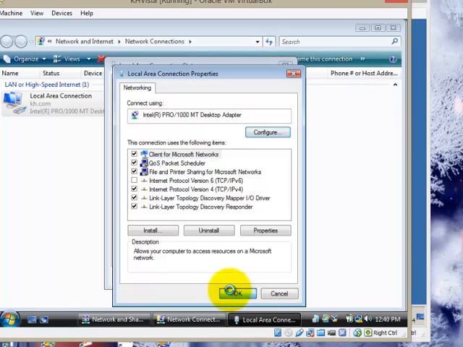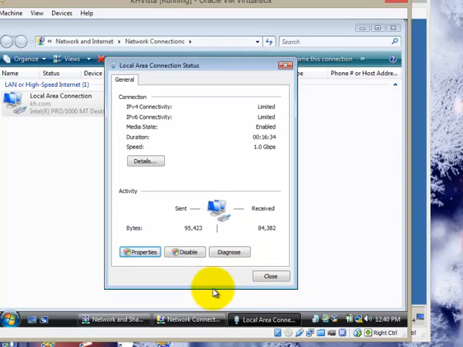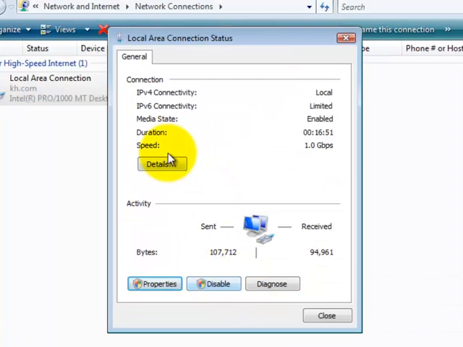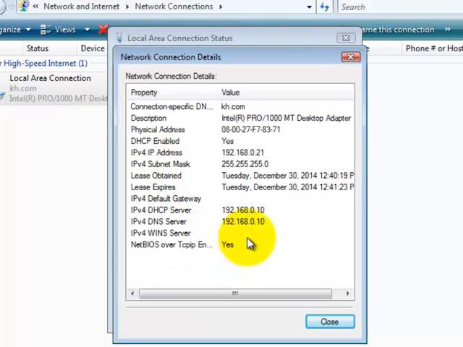Now if this works, when we check the status of our network adapter, we should in fact see that it has been assigned an IP address. And in fact we do. So it has been assigned IP address 192.168.0.21. Remember, our scope, even though it began at 11, we had an exclusion range from 11 to 20, which we reserved specifically for servers. So we will hit close,